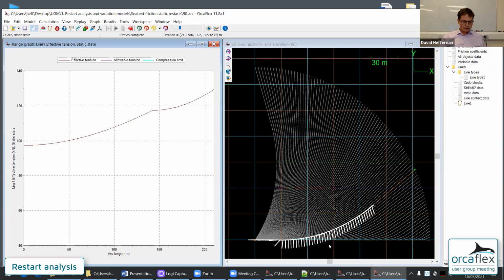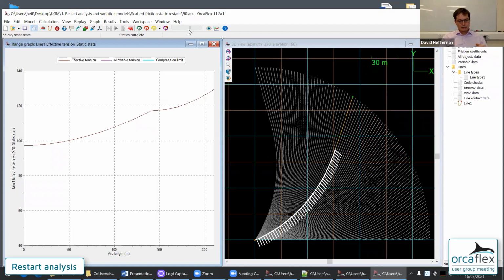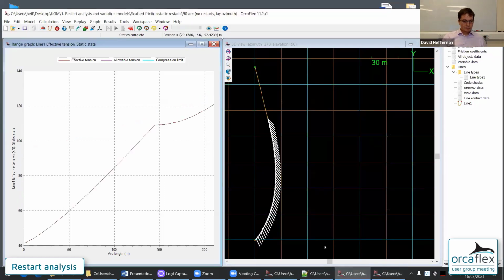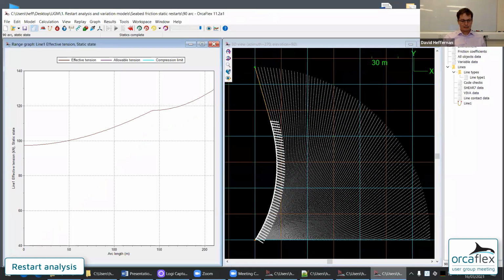But these directions are all accurate, and as we move through, you see that the direction in which friction is acting is turning as the whole line turns. Whereas if I use the lay azimuth, then you see it hasn't turned; it's acting right back to this as laid position on the x-axis. So that explains, hopefully, very clearly why the two didn't line up.